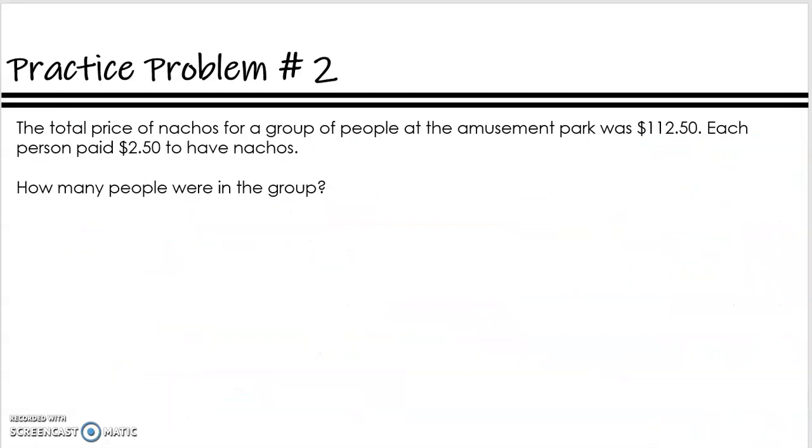Here is practice problem 2. The total price of nachos for a group of people at the amusement park was $112.50. That's a lot of nachos. Each person paid $2.50 to have nachos. How many people were in the group? So we're taking the total amount that they paid in nachos, and we're dividing it by the price for one person. Okay? So when I set this up,